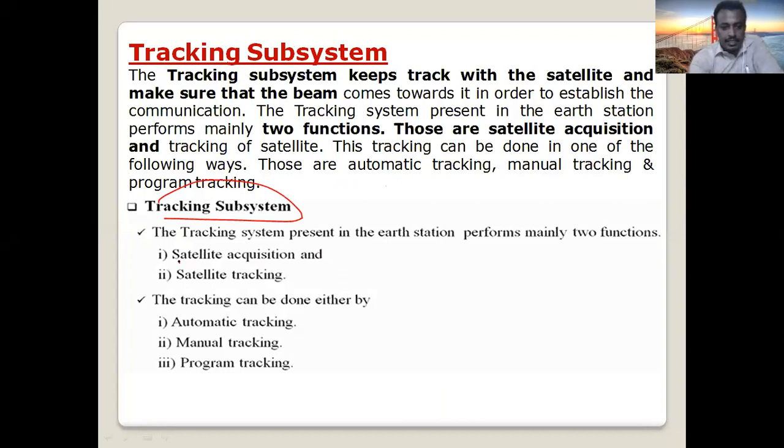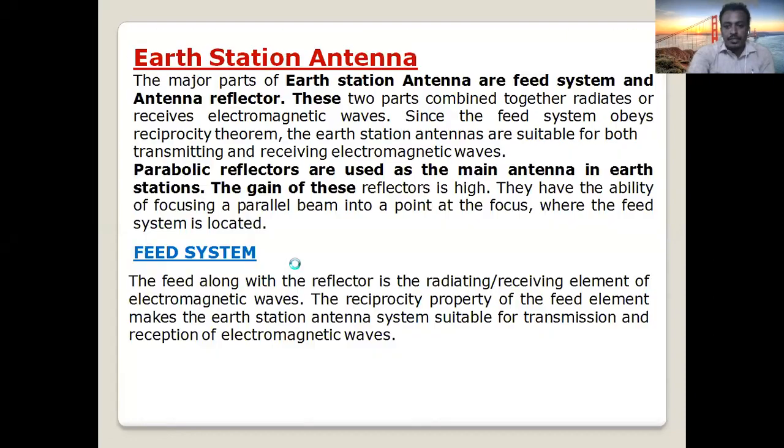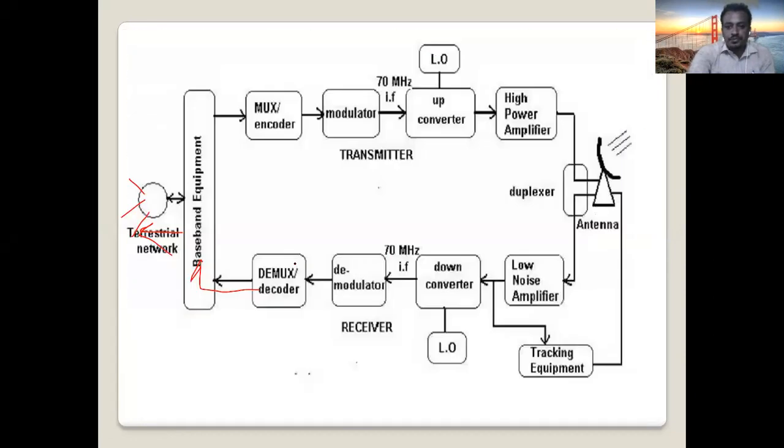First, satellite acquisition, which means collecting information from the satellite. Let's see the block diagram. So here we have the tracking equipment. Based on the amount of signal power we receive, the amount of power we receive from the satellite,